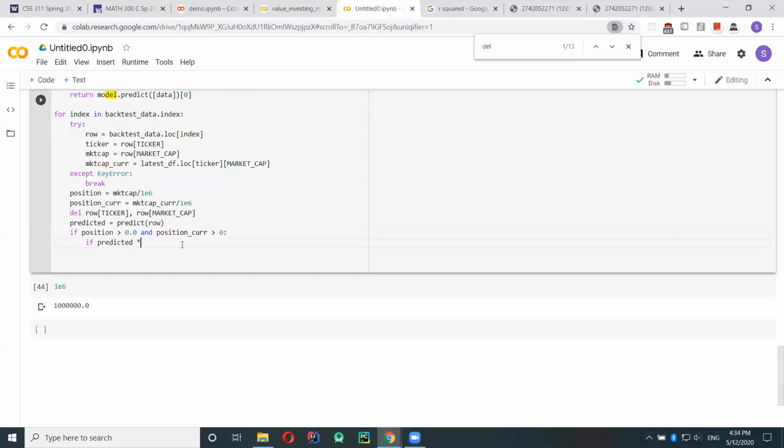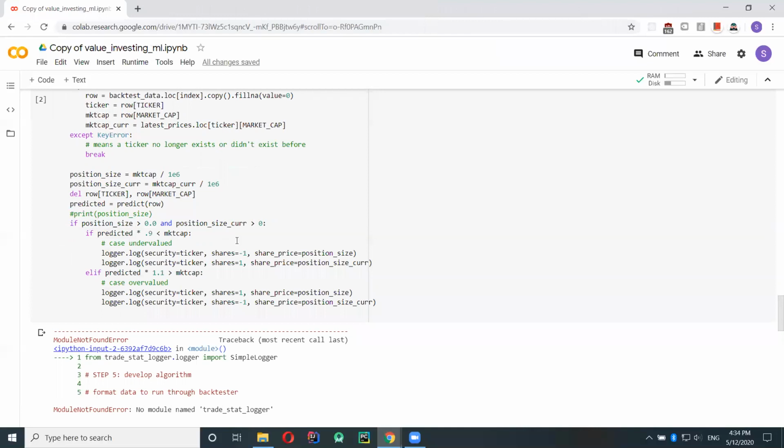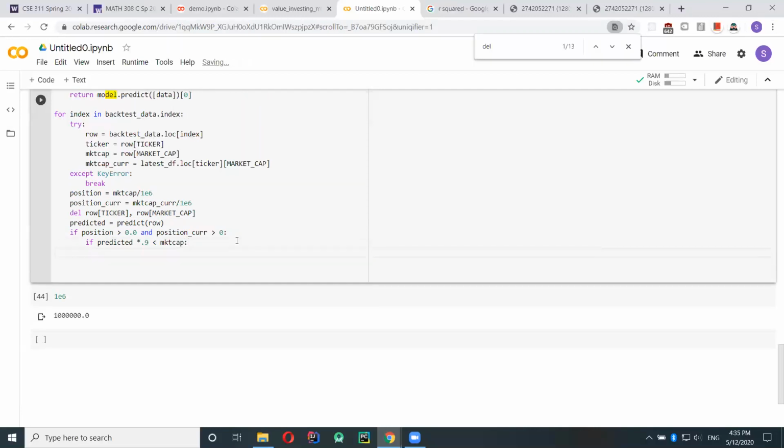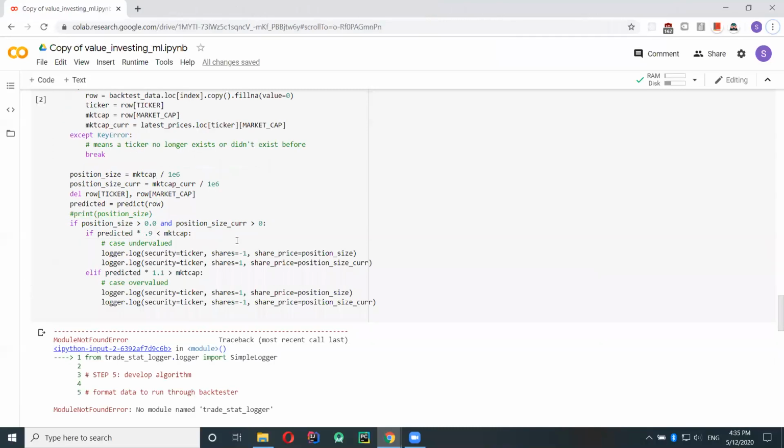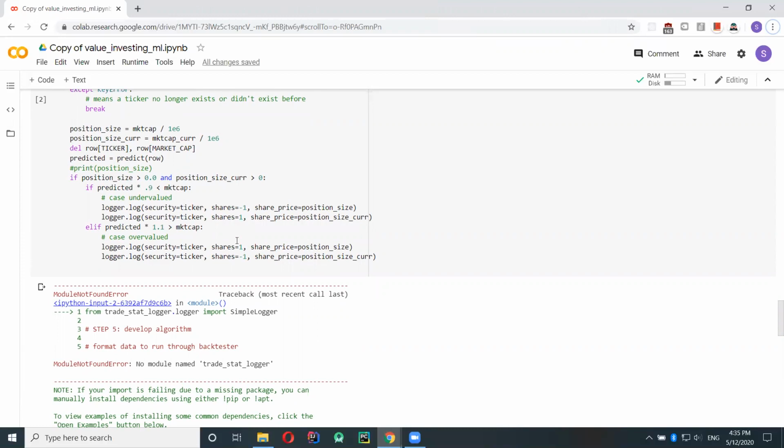Okay, now if our predicted value is 90% of the current market cap, if the fair value for the company is 10% lower than the current market cap, that means... Okay, never mind.